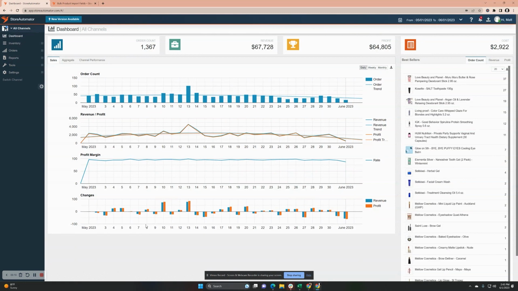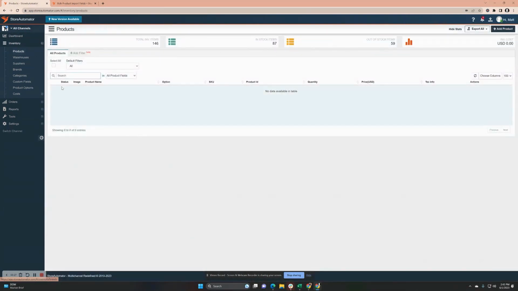Hi, this is Matt with the StoreAutomator Customer Success team, here today to show you how to manually add a product to your StoreAutomator account, as well as how to bulk add products to your StoreAutomator account. First thing you're going to do when adding a product is navigate from your dashboard where we are to your inventory, locatable on the left side of the screen. Hit the little plus sign to expand it and select products. You can see we don't currently have any products added to our account, so we're going to go ahead and